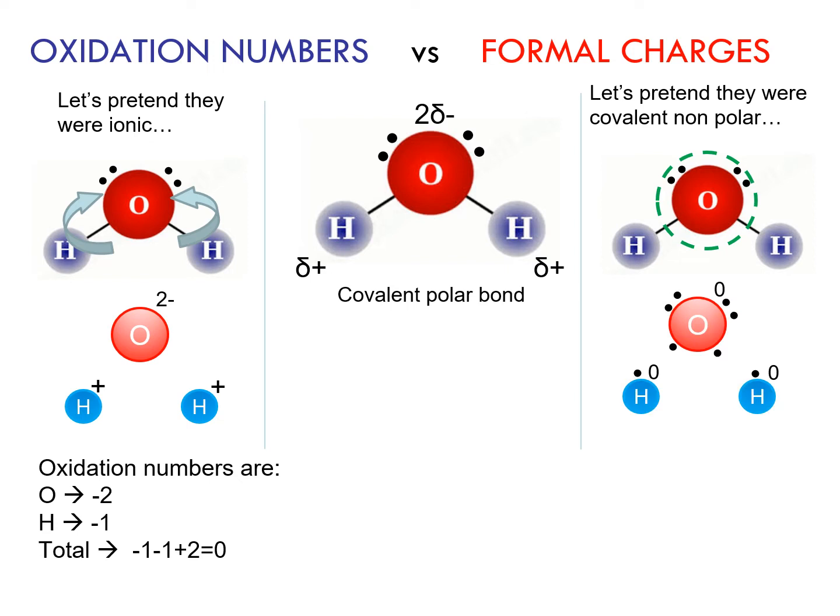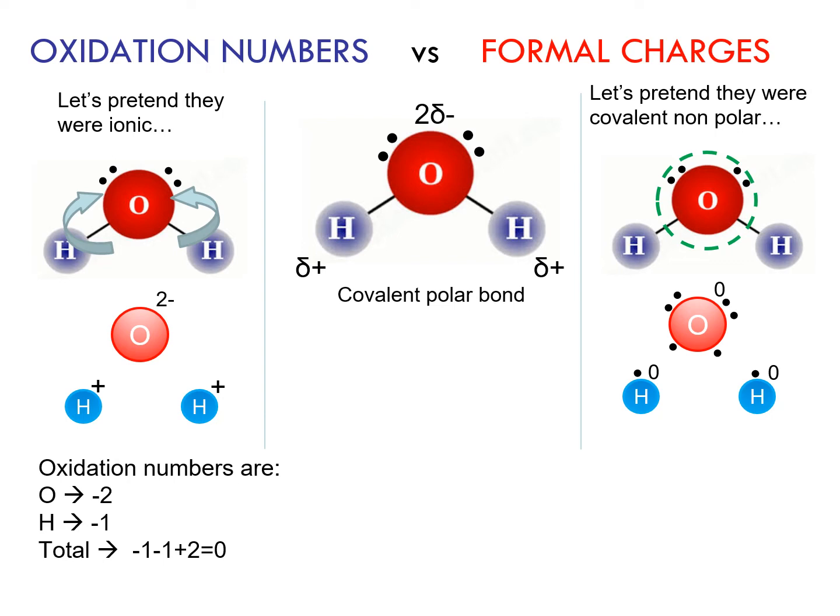So for the oxygen, you would end up with 6, because you have the 2 lone pairs that you had to start from, and then 1 electron per each bond that's been broken, so it's 6. For hydrogen, you would have 1 and 1. Now, what does this tell us?